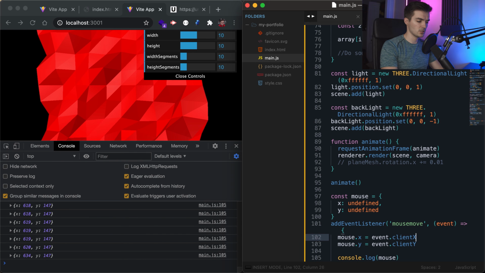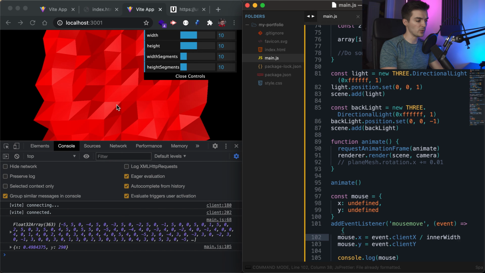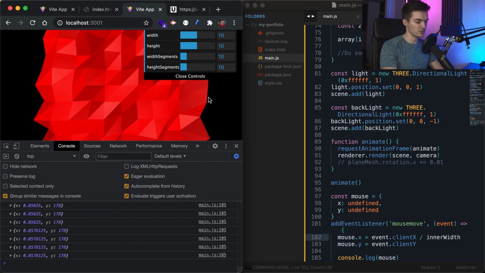So to start, what I'm going to do is divide clientX by our window's innerWidth. Let's go ahead and see what we get with that. If I begin moving further to the right-hand side of the screen, it looks like this might actually work. The further and further I go to the right, you'll see X is getting closer and closer to 1, which is a good normalized coordinate from 0 to the right-hand side of the screen. But as I start going to the left, as we get to the center, well, this should actually be equal to 0 for the X coordinate, not so much 0.5. And the further left I go, we need to make sure that the left-hand side is equal to -1,